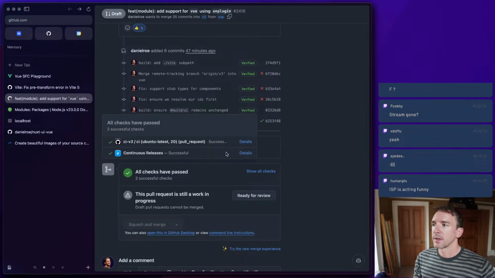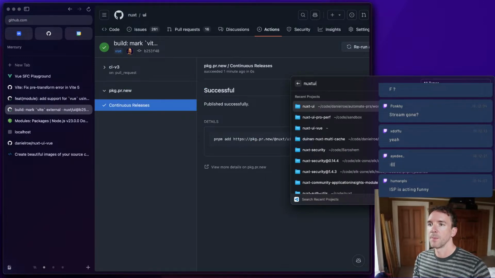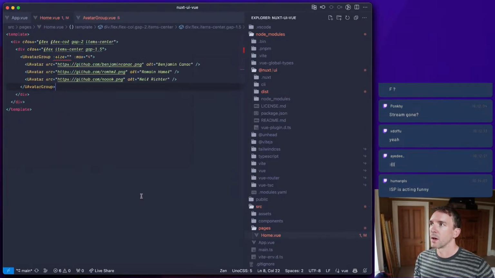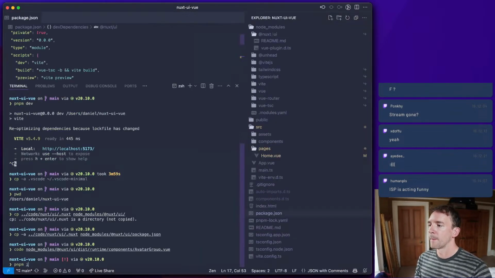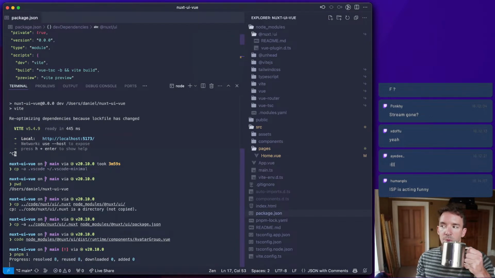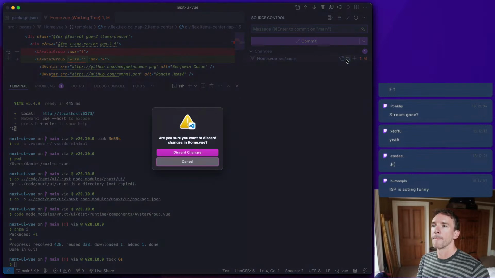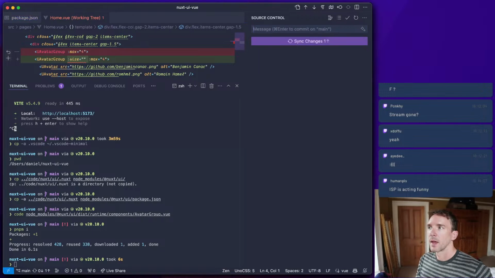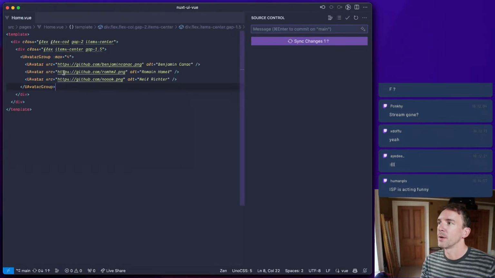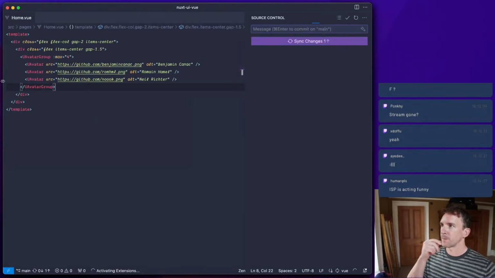So it's building, and we have a package we can try in Nuxt UI view. We are going to update our config and confirm that the types are working. And let's just confirm that that is the case, that we now do have, I'll reload the window just to be sure, that we now do have support in